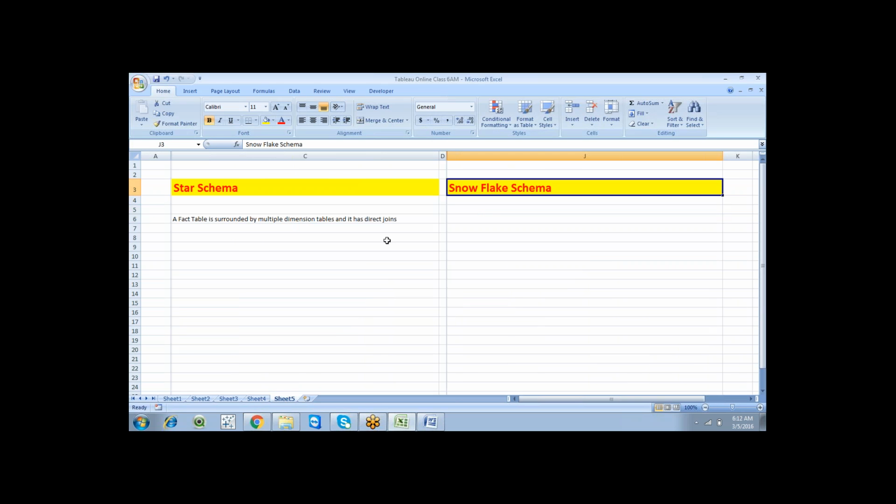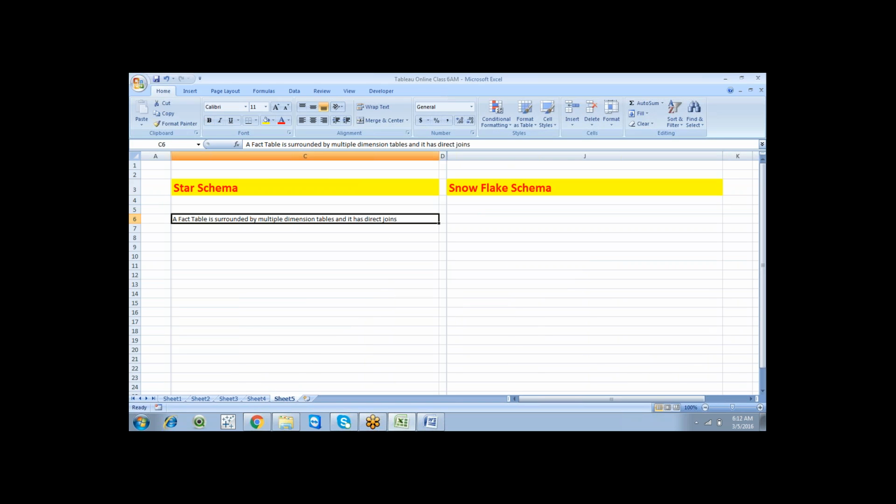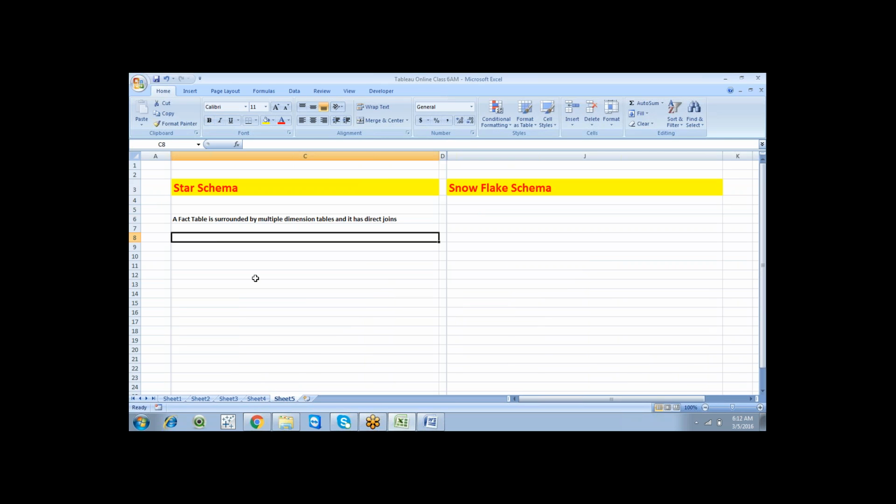So we can go with a simple definition: a fact is surrounded by multiple dimension tables and it has direct joins. So this is one important definition. And for this particular reason, one important point for a star schema is that it gives better performance.